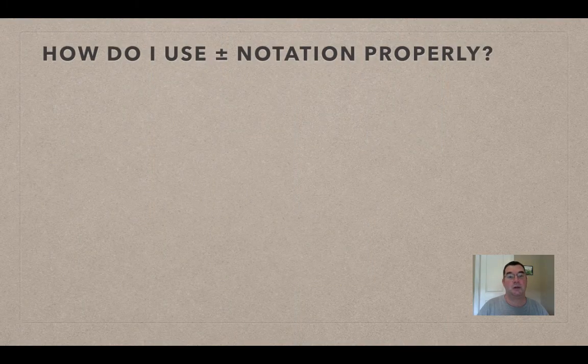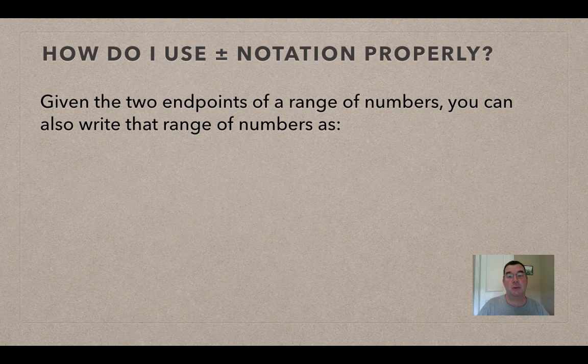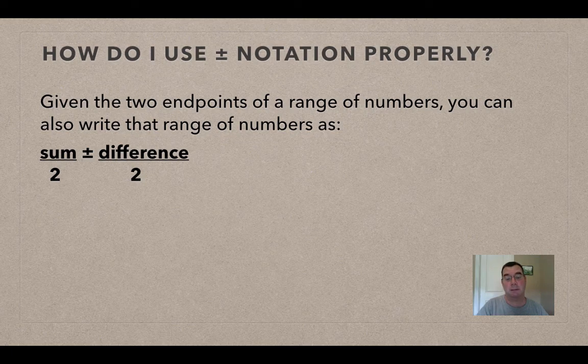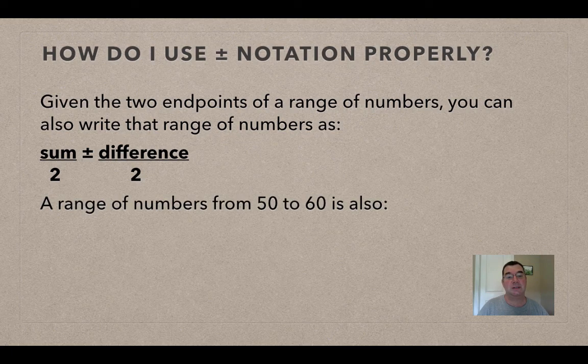Okay, so how do I use this plus or minus notation properly if I do have a range of things like perimeters or areas? Well, if you know the two endpoints of your range of numbers, then the first number that comes before the plus or minus symbol is the sum of those two numbers divided by 2, and the number that comes after the plus or minus symbol is going to be the positive difference of those numbers divided by 2. So just as a different example, if I have numbers ranging from 50 to 60,